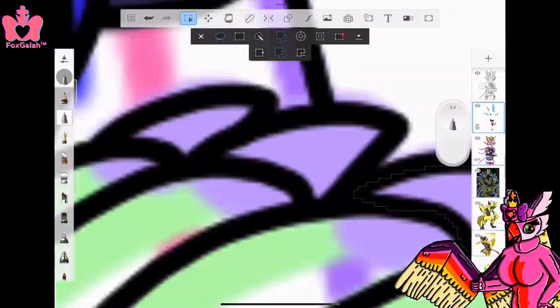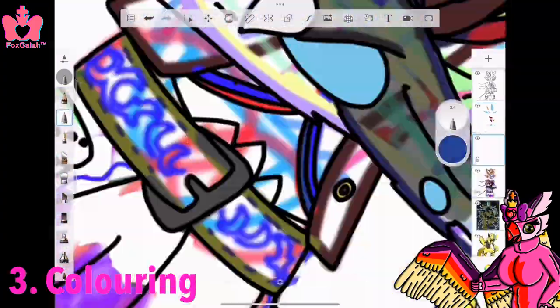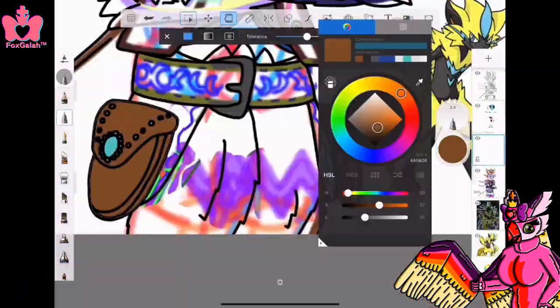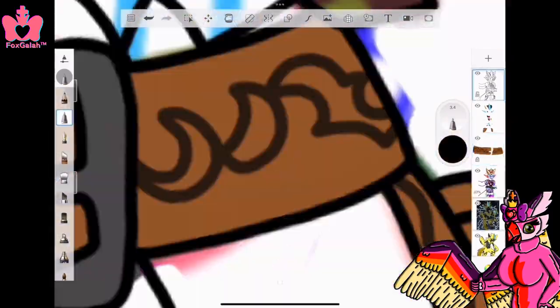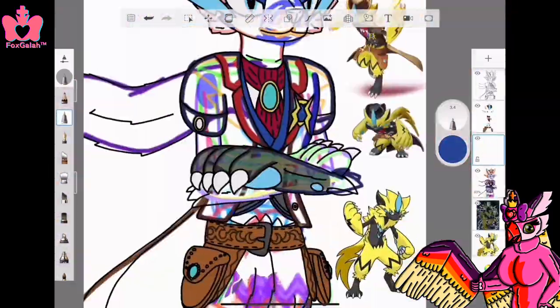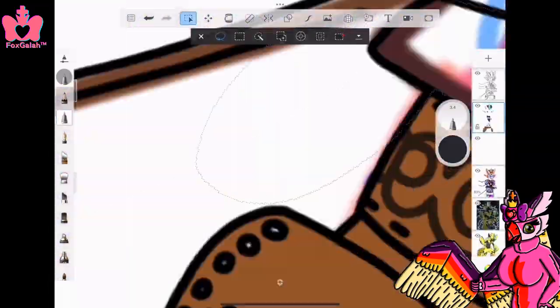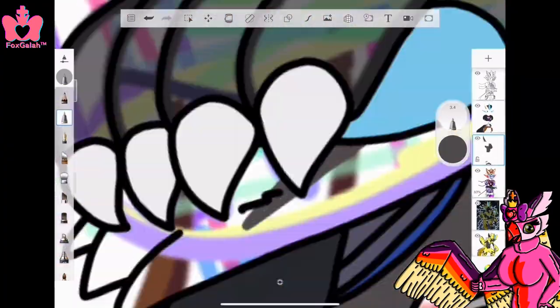So anyways, now we're on to the coloring, and all I do in order to color is use the lasso tool to fill in certain areas. I sometimes use the drawing tools to draw on patterns. And how do I get my colors? Simple. I use the pin tool to get an accurate color to make it more faithful to the original design,